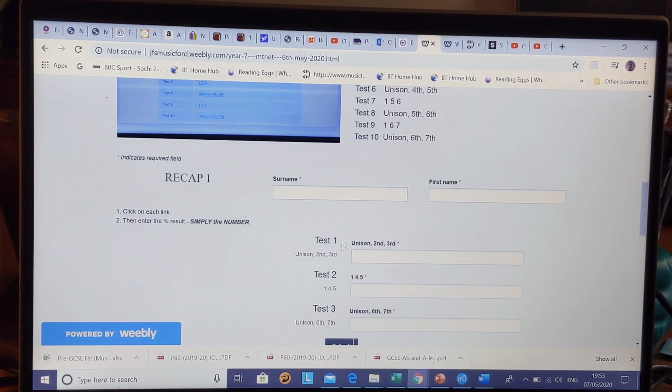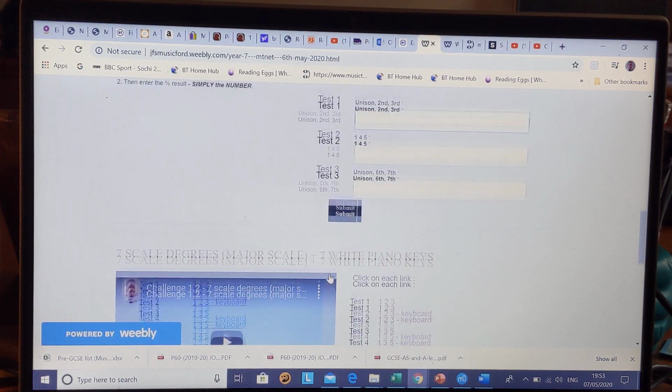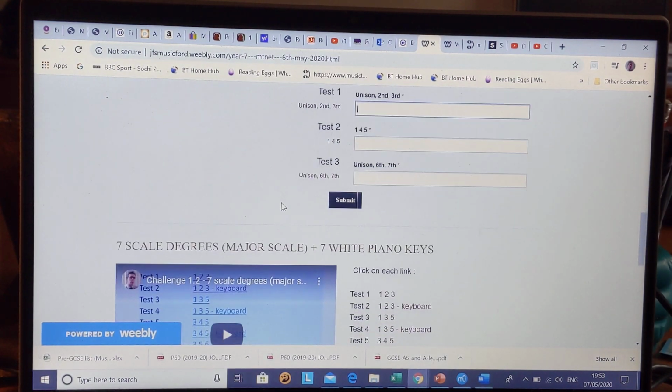And then there are 3 recap exercises. You put your surname there, your first name there, the result, that is the percentage result, but simply the number. Please don't put the percentage sign. The first one there, second one there, third one there. All you do is click on the links and the exercises come up. All that should take you maybe 10 minutes, perhaps a little bit more the first time with the videos, and